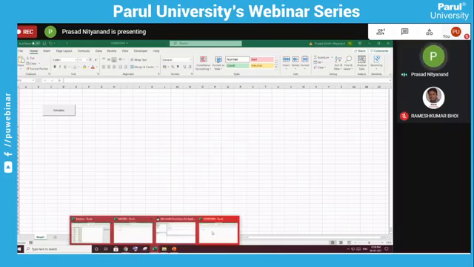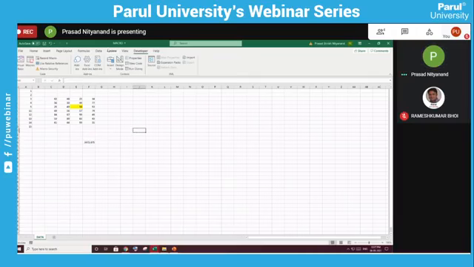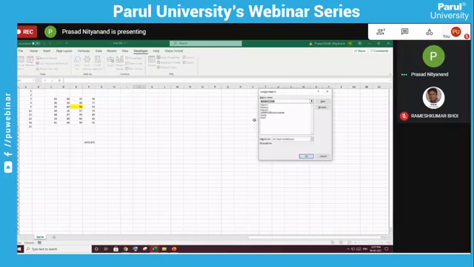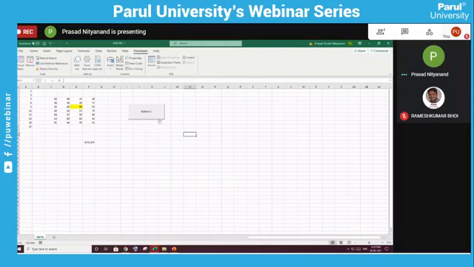So how to bring this button? I will show you how to bring this button in this sheet. You can bring this button by going into Insert. Here there is Button, Form Control, and then you have to choose what to run. I have to run this test one. By clicking this button, the first subroutine which we created can be run. So this is how you make a button.